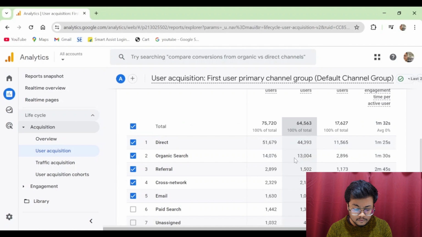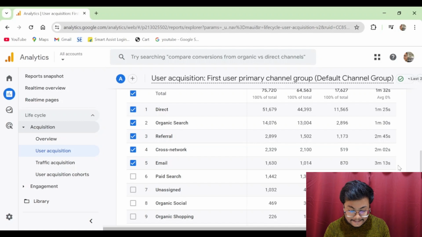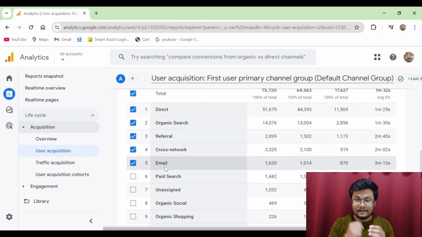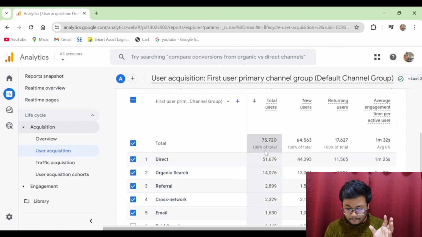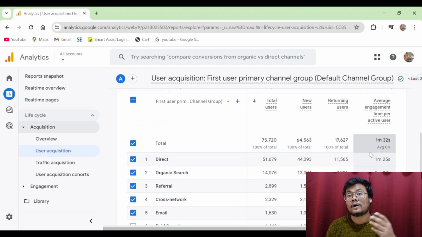So if you see here, you will actually get a comparison, and I can tell you by looking at the data that if they are coming from email, if they see your website in an email and then click on the website link and come from the email, they're actually staying longer on the website compared to the other sources. Right at first glance, I can see that 3 minutes 13 seconds is the average time they're spending on the website if they're coming from email, and the second highest time spent is if they're coming from a referral link. So I can make out what type of users are coming and the quality of users who are coming